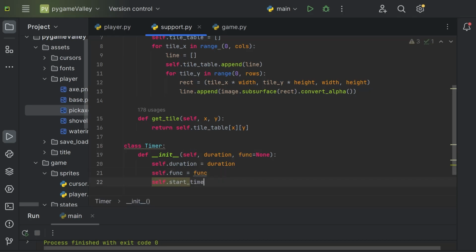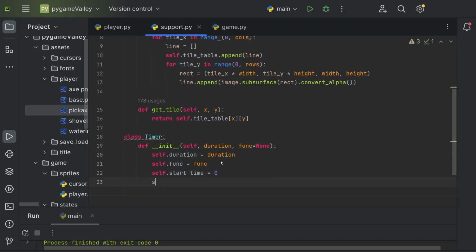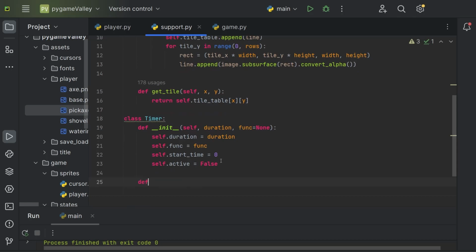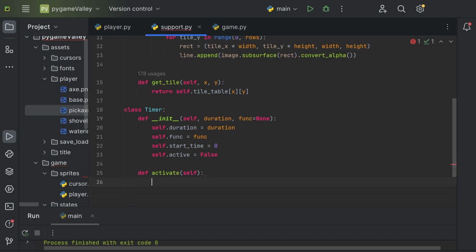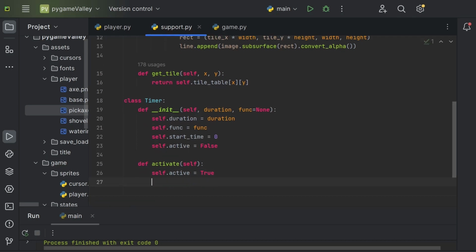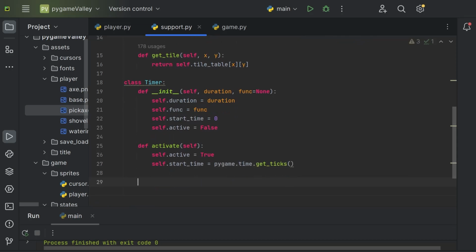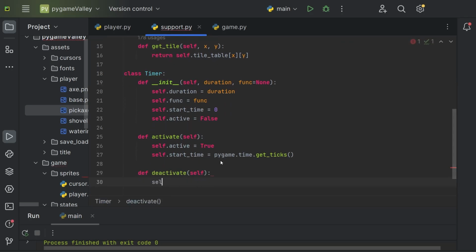Self.startTime is equal to 0 for now. And self.active is equal to false by default. Now we need an activate function, which just takes self, and that will do self.active is equal to true, and self.startTime is equal to pygame.time.getTicks. Then a deactivate function, which just takes self, that sets self.active to false,